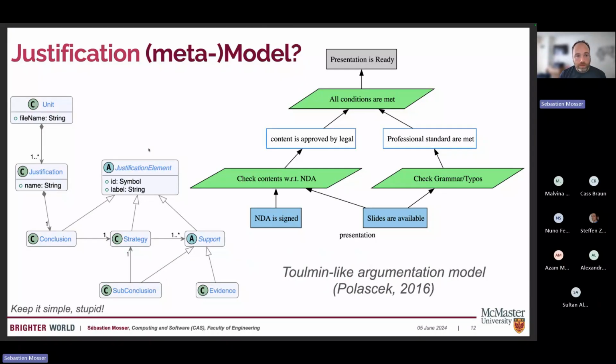So we ended up with this justification model. We are not the ones inventing it, actually. It comes from, well, first off, it's called Toulmin's argumentation model, so it's from the 50s. And then that was formalized into so-called justification diagrams by Polacek in 2016. The rationale behind this is keep it stupid simple. So it's not as expressive as other things that we'll see in the next slides, but that's basically the idea